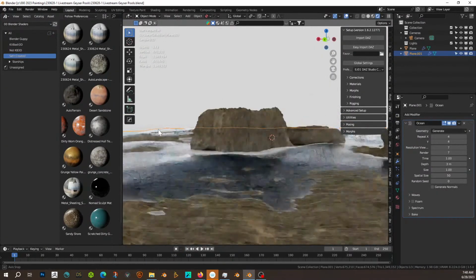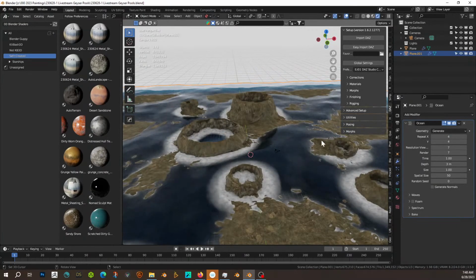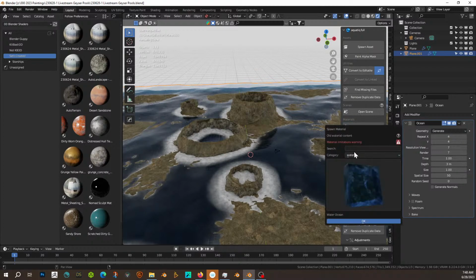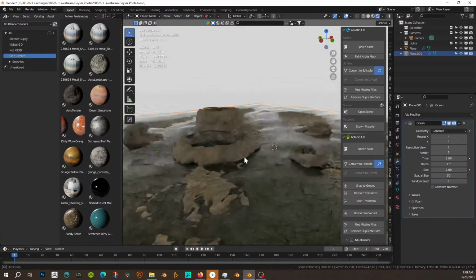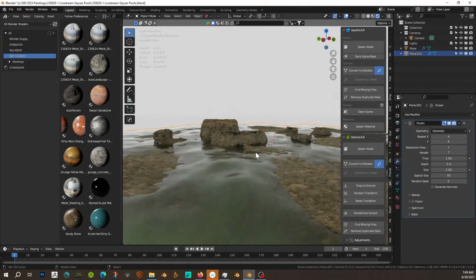So we're building our water, and yeah, I'm just not feeling this water. That's fine. I'm just gonna nuke it all. I don't even think I want necessarily the foam on this one. I want it to be a little stiller. Spawn a material, water. Let's try the pond, just the default pond. I think that might be better for what we're looking for. We can always come back and tweak it, but